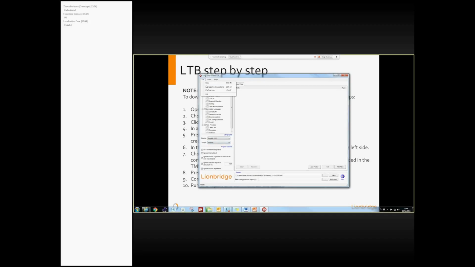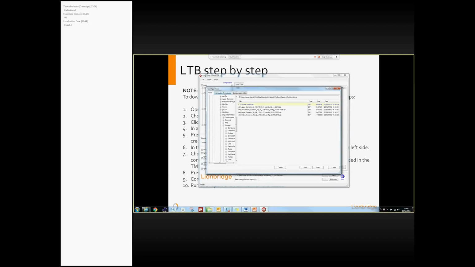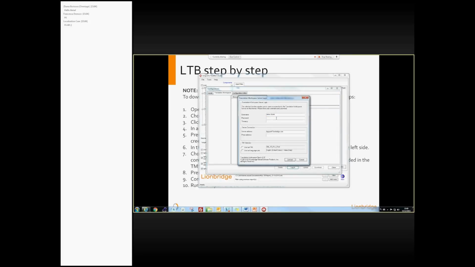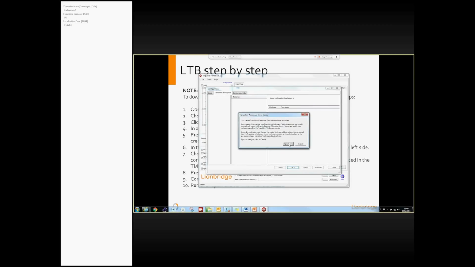Then I need to go to File. In my case, it's Manage Configurations, but in your case, it will be Load Configuration. And then I need to go to the Translation Workspace tab, and again I need to log in with my TW credentials. Okay, and as you can see,